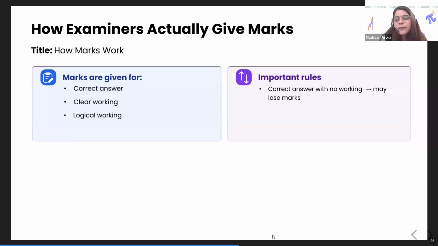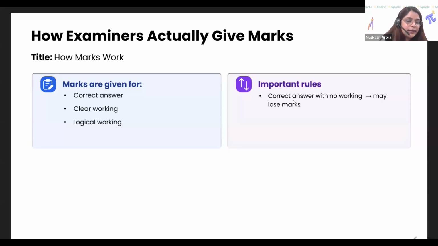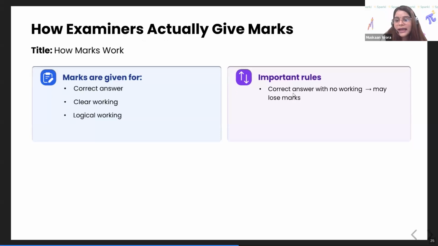Because, okay, can someone tell me the difference between write down and calculate? Calculate is when you show your answer through your working, and then write down is like you directly write your answer down. Yes. So if I just write down one sentence or the answer itself, I don't show anything, that will be accepted when the question says write down, but it will not be accepted when it says calculate, right? So that also depends on the command term. It actually depends more on the command term than the marks, right? Okay, this is something called ECF marks, error carried forward marks. Can somebody tell me about this?